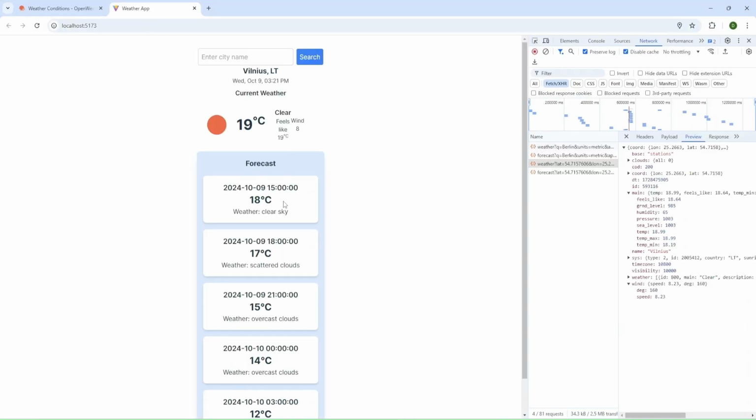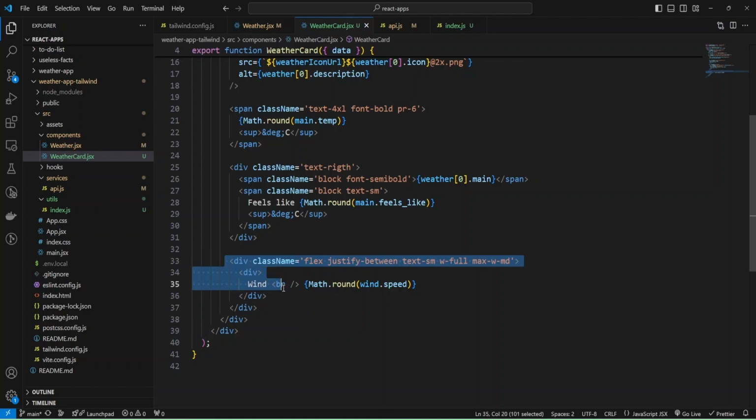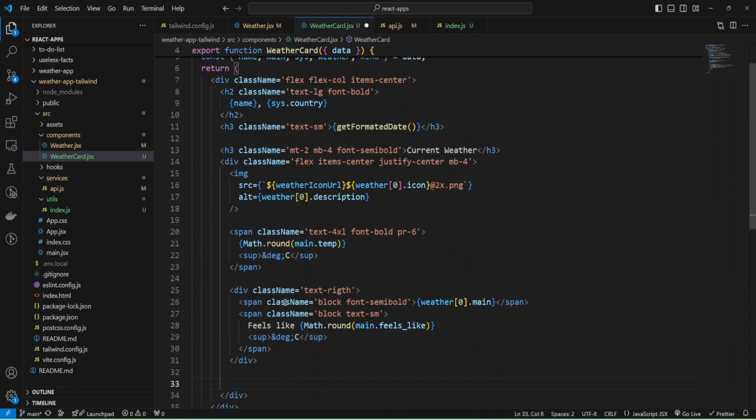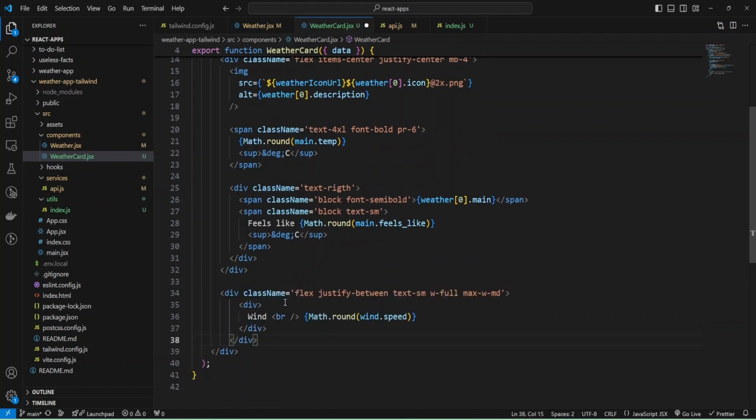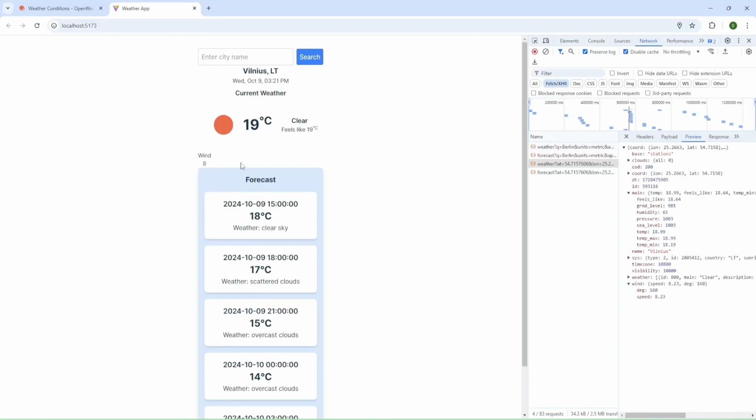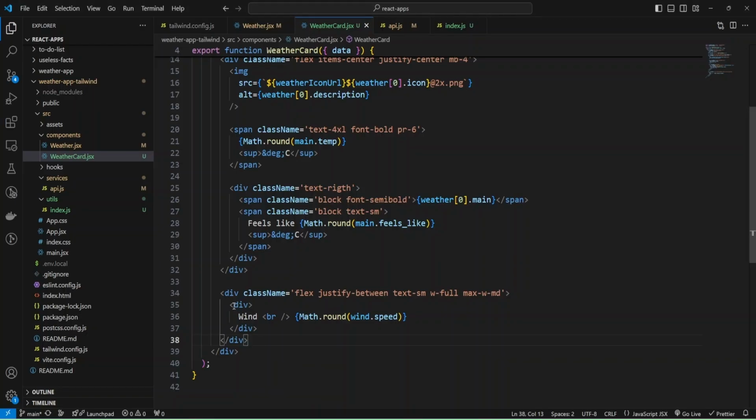Let's check again. Okay, I need to move it out of my current weather section and add it here. Let's check. Okay, we have a wind at the new line, and let me add more divs